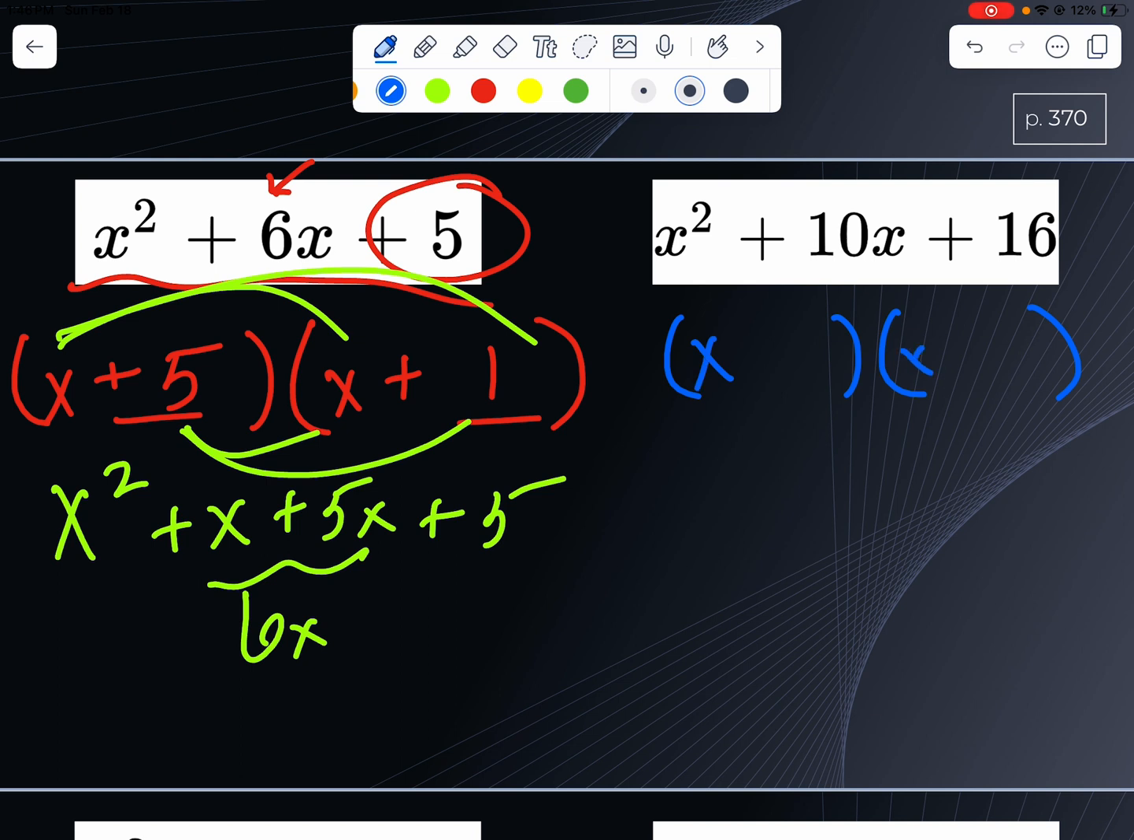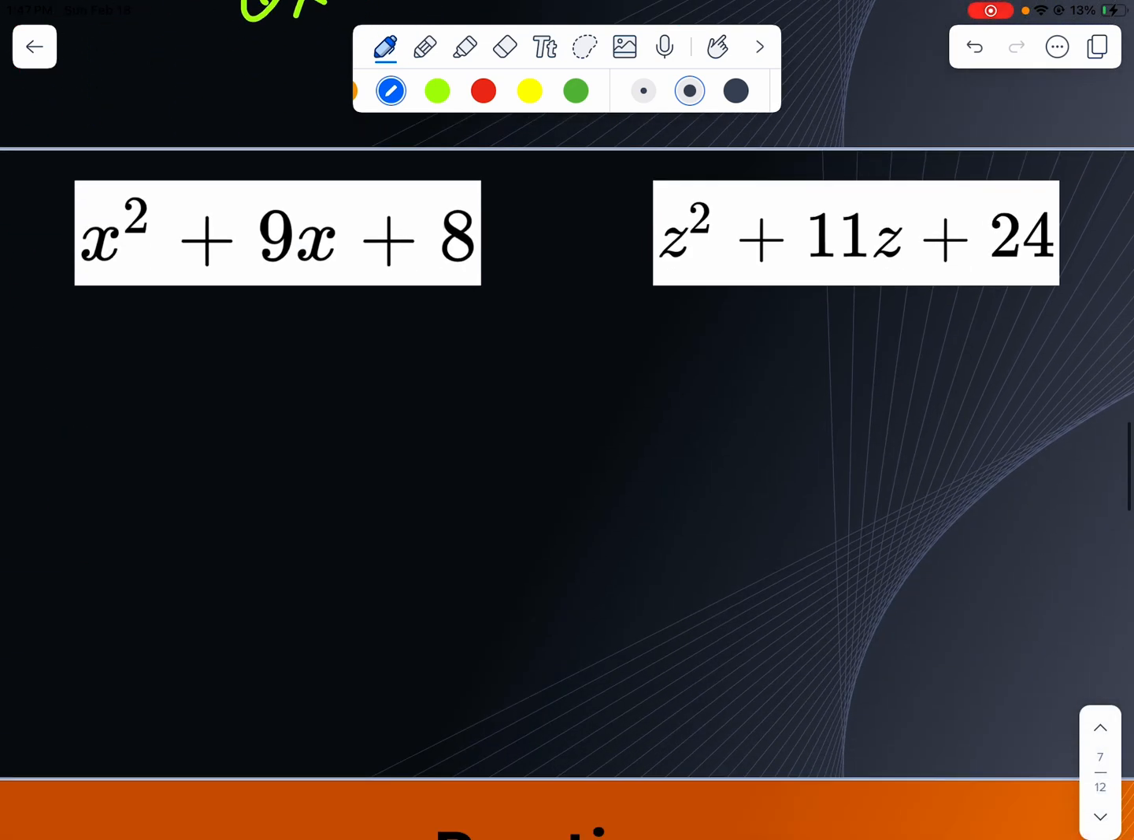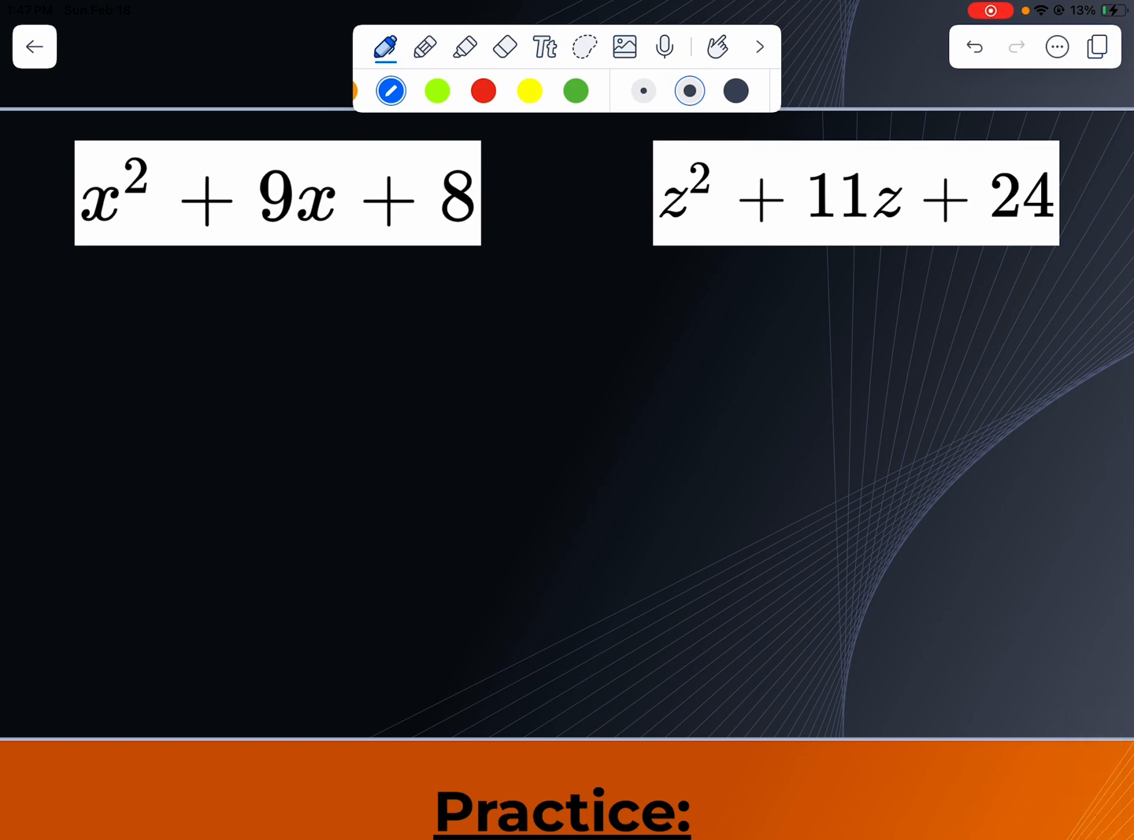What can I multiply to get 16 and add to get 10? How about 2 and 8? 2 times 8 gives me 16. 2 plus 8 gives me 10. You already know how to do this. You've been playing this game for days now. Hopefully we're seeing that this is not too big of a deal. Let's try